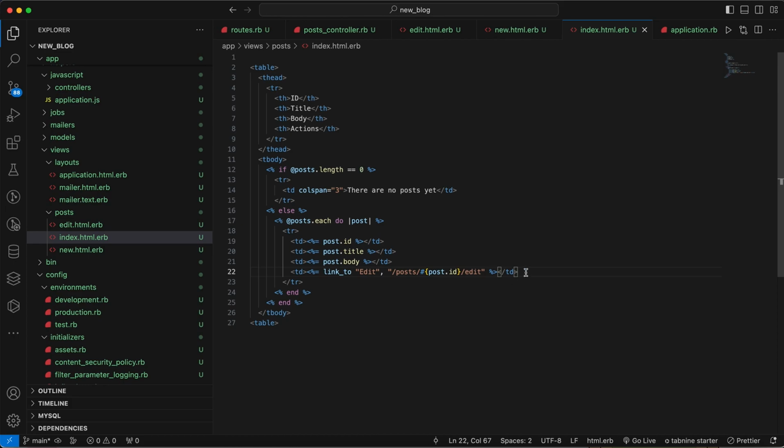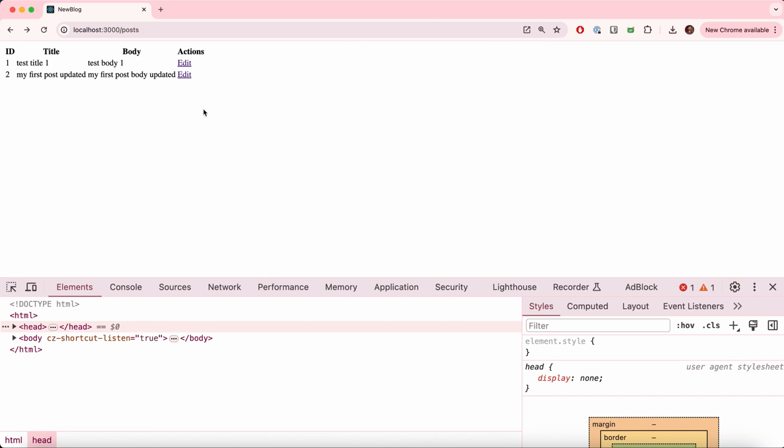Now let's add a new link, because we added one column, and the link will be to delete the post. We have to send a delete request, right? Because we are not sending any get request,